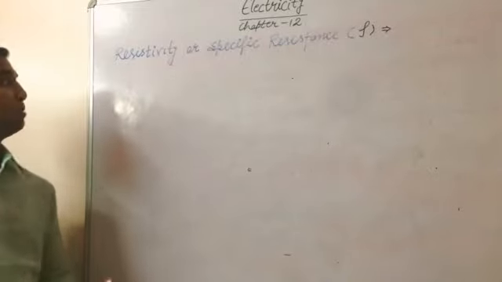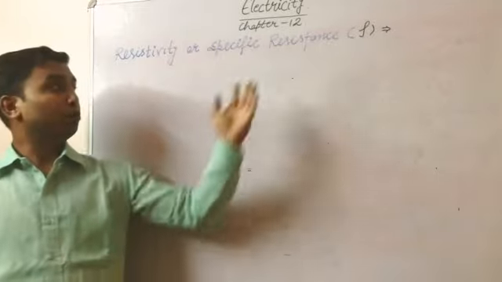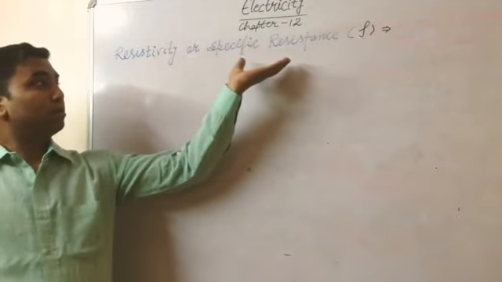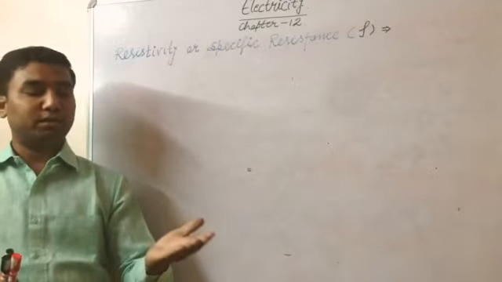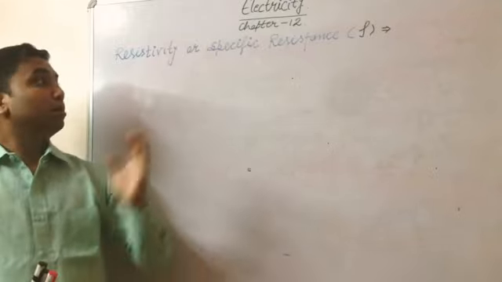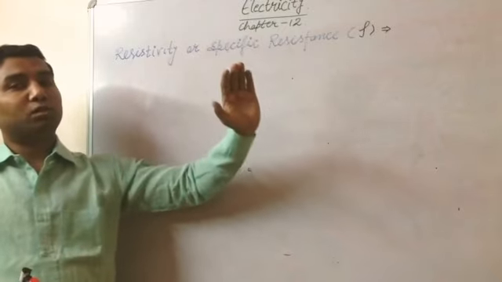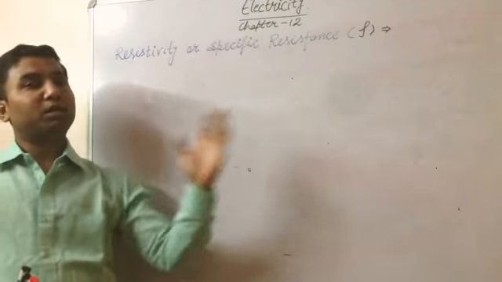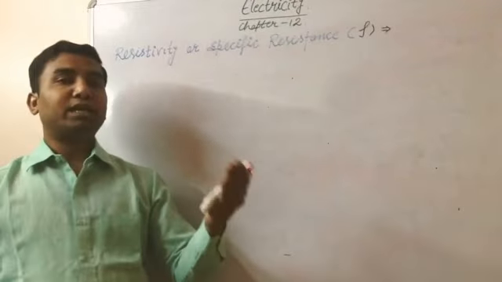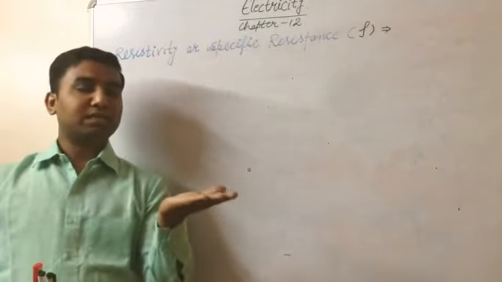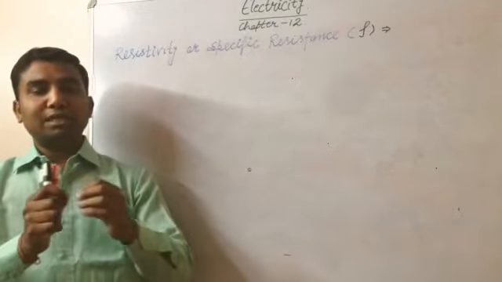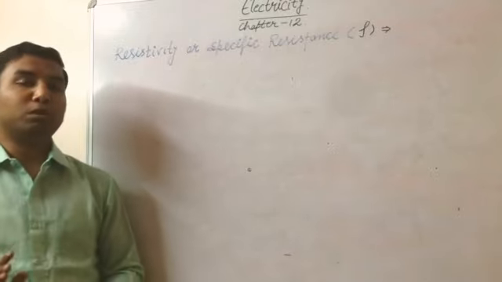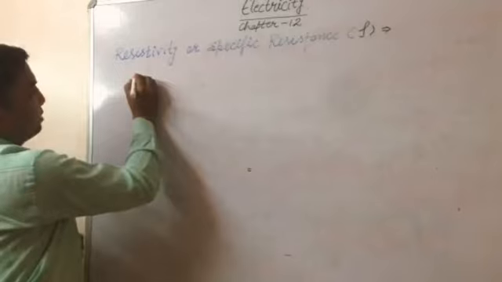Before starting the specific resistance or resistivity, you should know one thing, like density is fixed for different material. It doesn't change with the amount of the material. Resistivity of a particular metal is also fixed. If you take different metals, every metal has a certain value of resistivity or specific resistance, and this value doesn't get changed with the size of the metal. So this you have to remember.